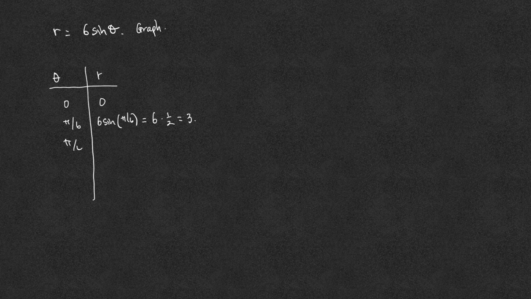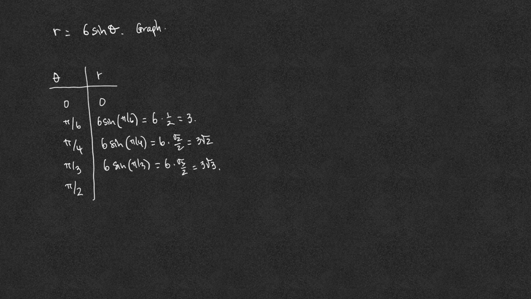When theta equals pi over 4, we have 6 times sine of pi over 4, but sine of pi over 4 is root 2 over 2, so this is 3 root 2. When theta equals pi over 3, r is 6 times sine of pi over 3, which is 6 times root 3 over 2, or 3 root 3. And when theta equals pi over 2, r is 6 times sine of pi over 2, but sine of pi